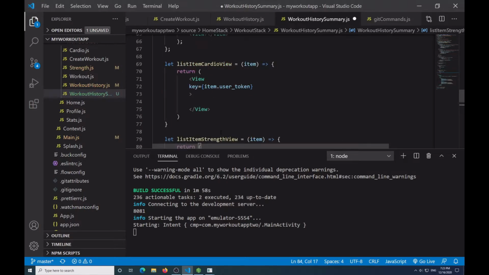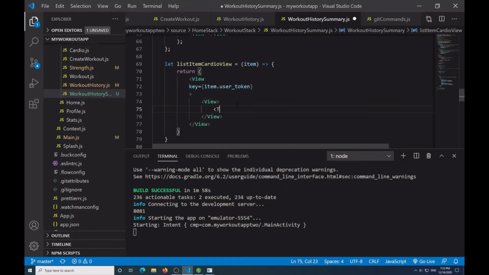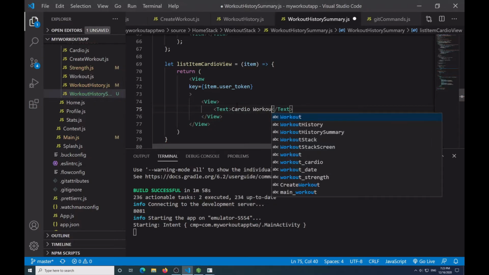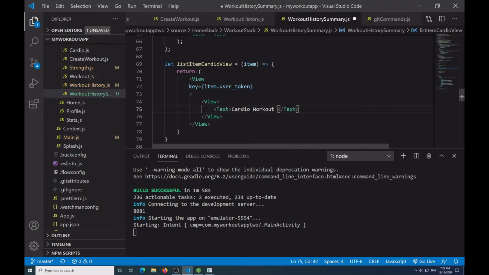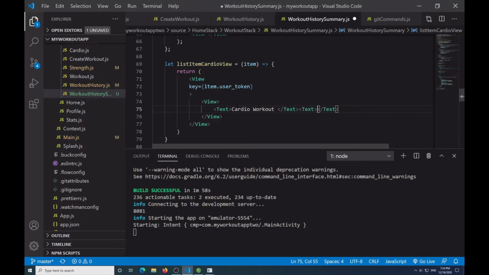So then for my cardio, what I'm going to do is in here have multiple views for each item. So I'll say view, and inside here I'll have text, say cardio workout, and then I will have text, and then I'll pass in item.cardio_ID,